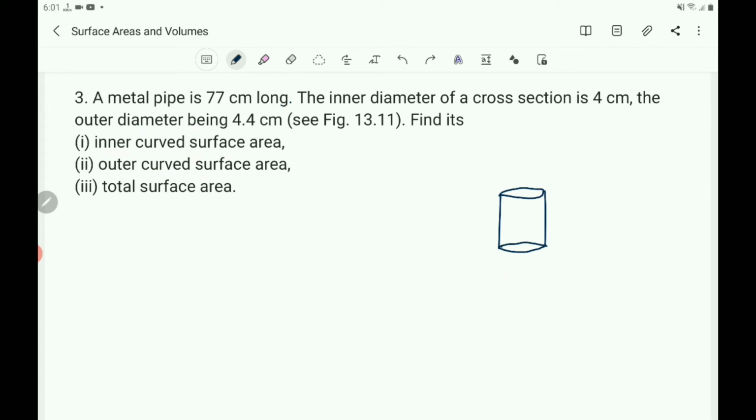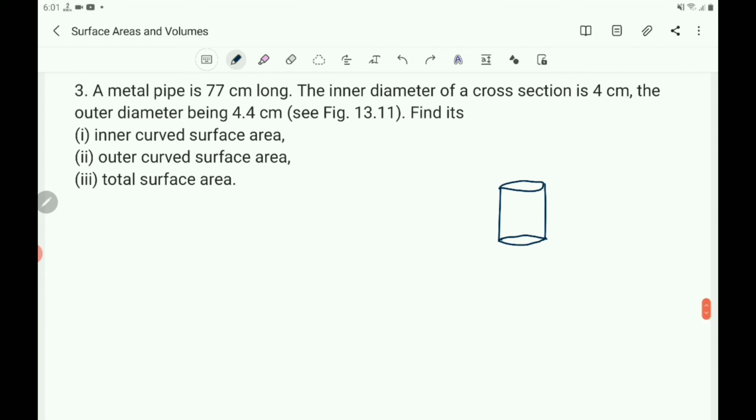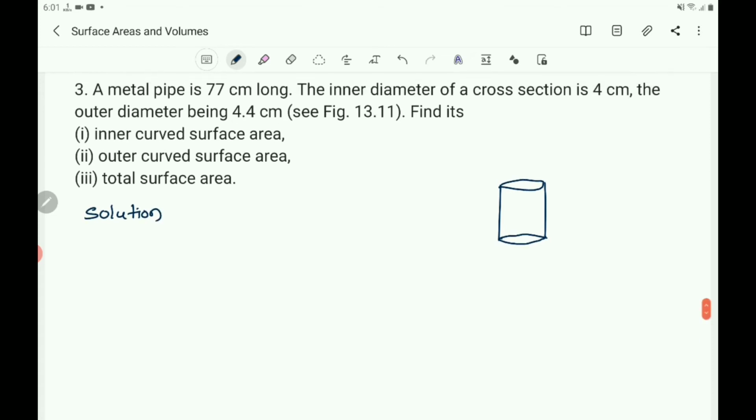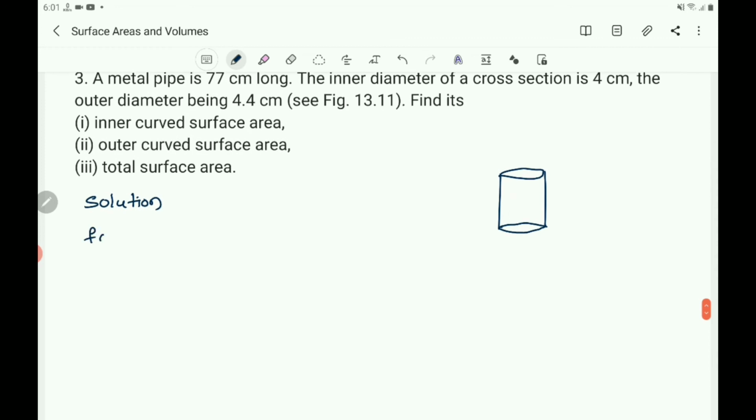Here the metal pipe means it is a hollow pipe. It is having a length equal to 77 centimeter and it is a thick pipe, so it is having inner diameter and outer diameter. So to find the inner surface area, take first one. Solution, then for inner surface area,